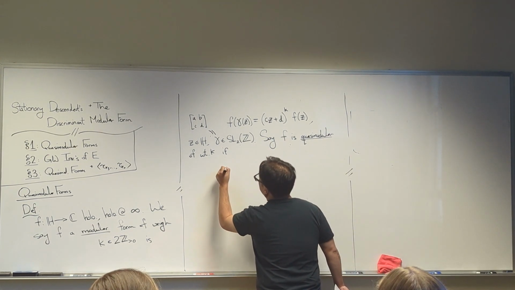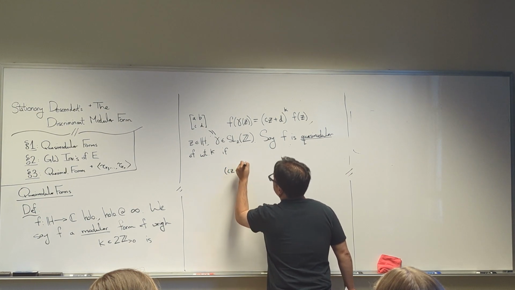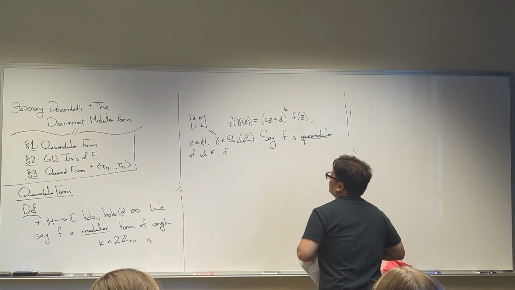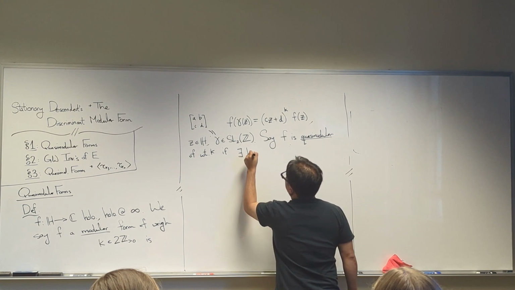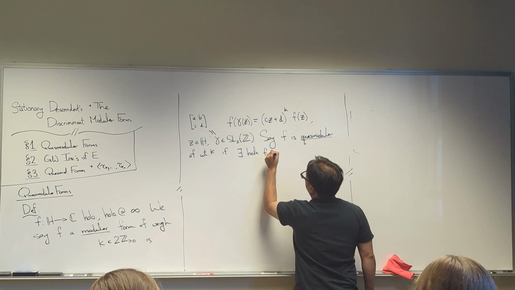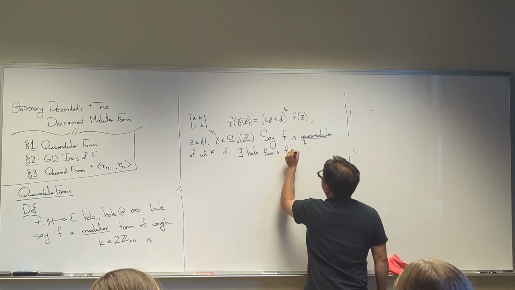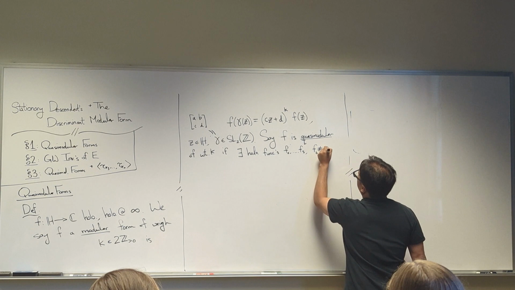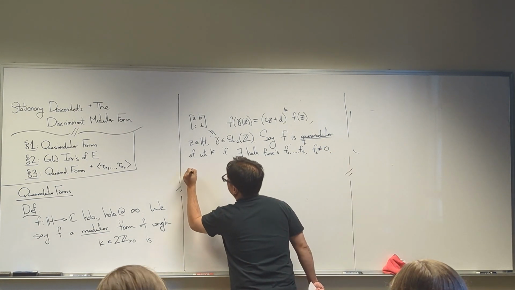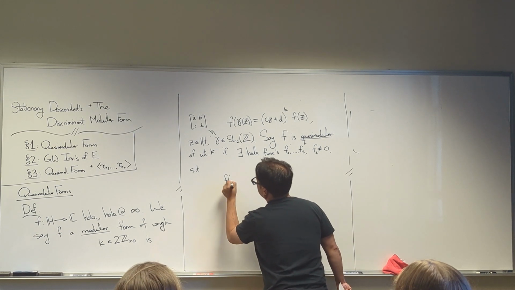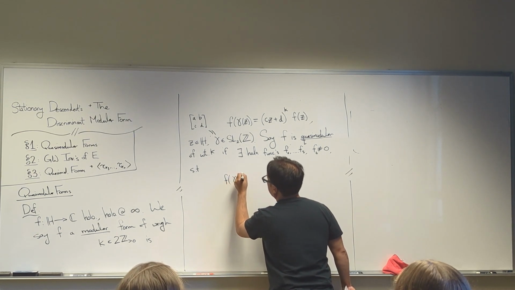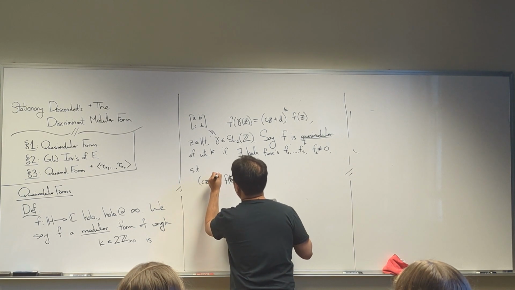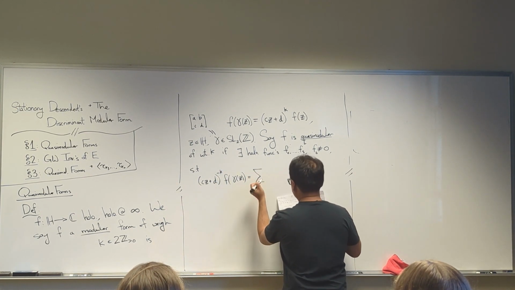So if there exist holomorphic functions f naught through fs, where fs is not identical to 0, such that f of gamma of z is going to be equal to